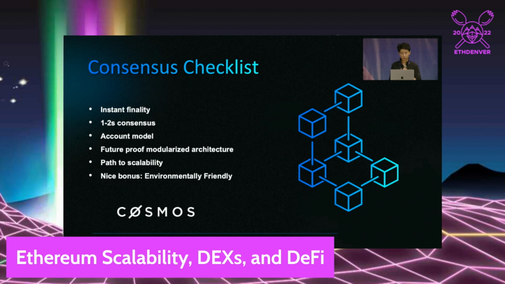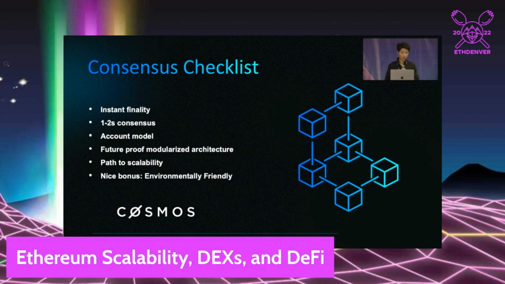This is going back a few years. When Injective first started, there was a consensus checklist of requirements to build a robust order book model. First of all, it requires instant finality, because in the event of a fork, it's extremely hard to reconcile past trades. Probabilistic finality creates a very big problem for market making, especially for order book-based models, because it's not only the state of the trade that you're persisting, you're also persisting the order book itself, which might cause a retroactive crossing if the finality is probabilistic.